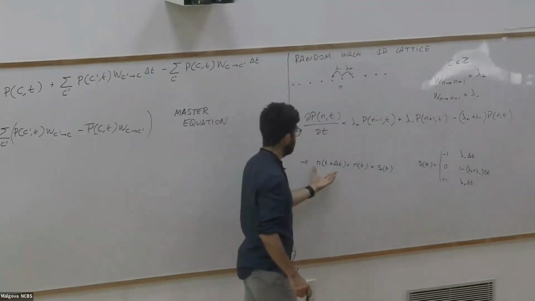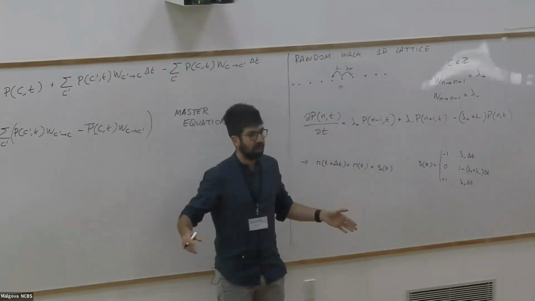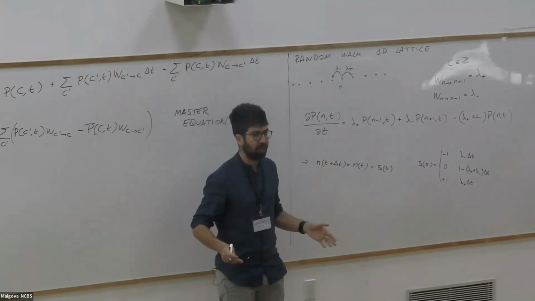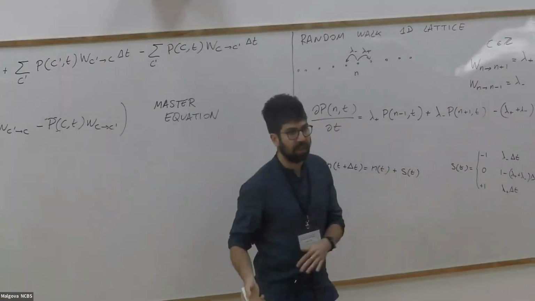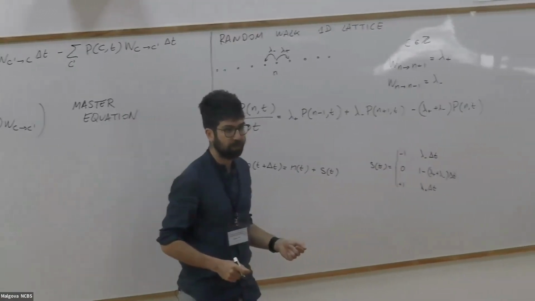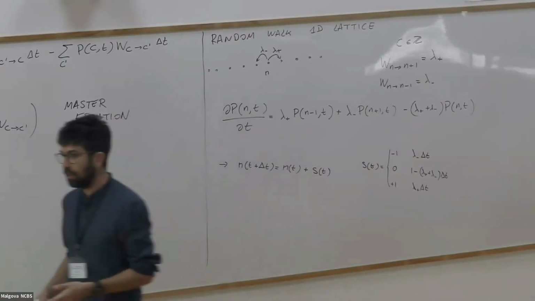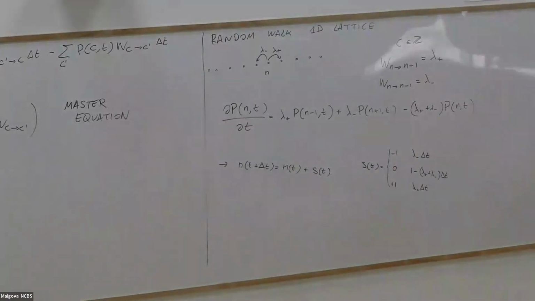Okay? So you can imagine that you say, suppose that I'm here at time t, where am I going to be at time t plus delta t? Well, there are three possibilities, right? Either I move or I don't move. Okay. And then if you write this and you want to study